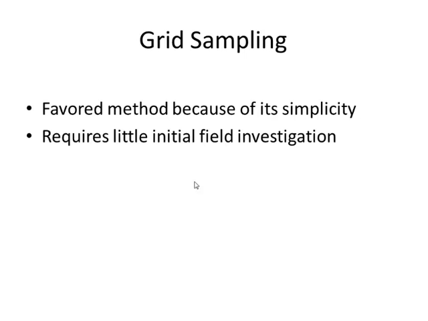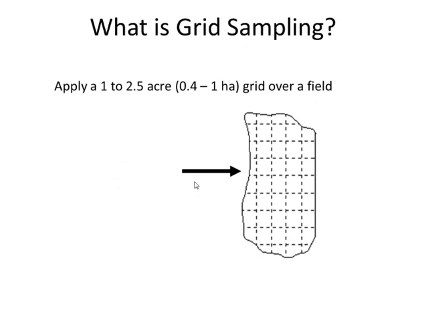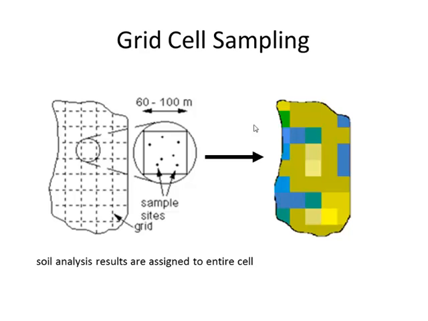So what does grid sampling mean? It means that we are going to have a field like this one, and then there are different software packages. They can provide us with these lines. So we can divide the field either in cells, like this one, small squares all over the field, or we can define these points here, which are the places where we are going to take the samples, and we assess that the properties of the soil are there. So the idea is that we can make a grid and try to get the samples from the grid.